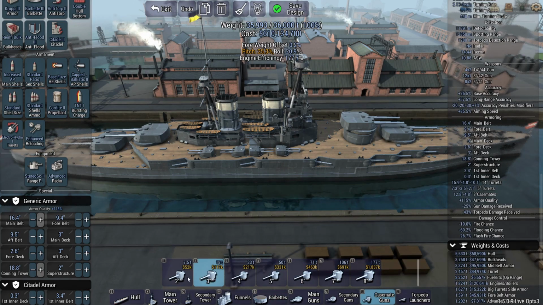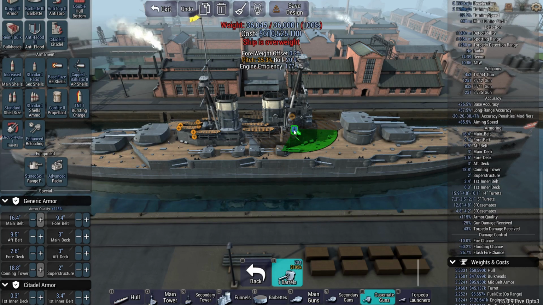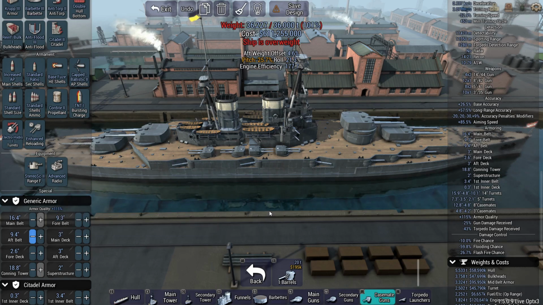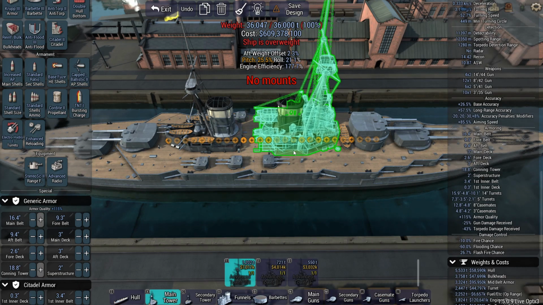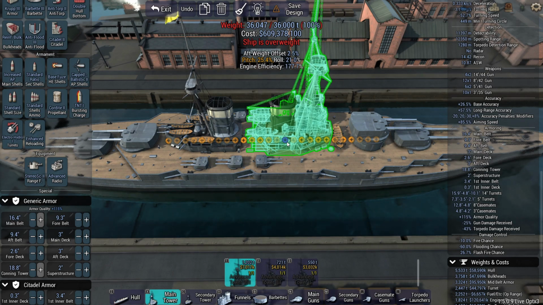Oh wait, is there no casemates I can put on? Maybe 3 inches? Oh, I have lost all of them. Okay, now that added weight. Weight that I can still take out. But now it's aft heavy. So what I can do, if I remove that, this tower, put it slightly forward,